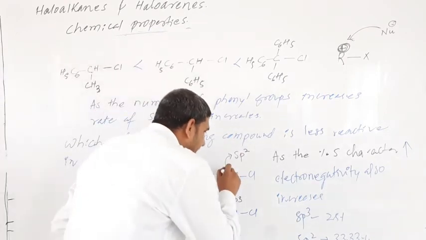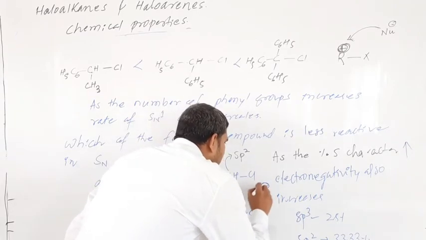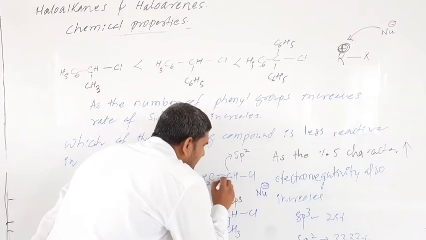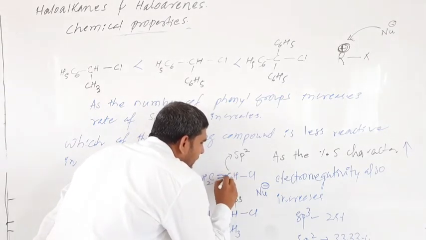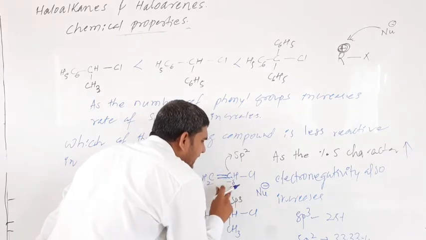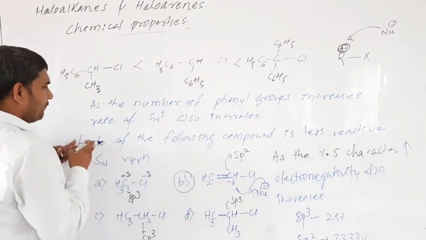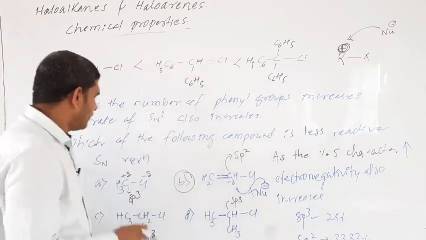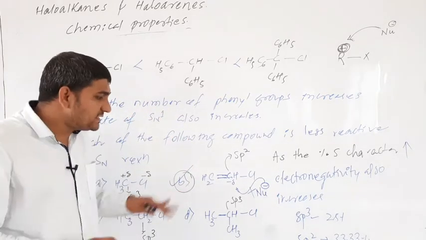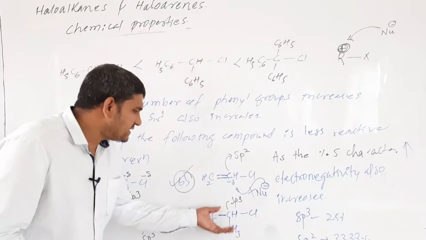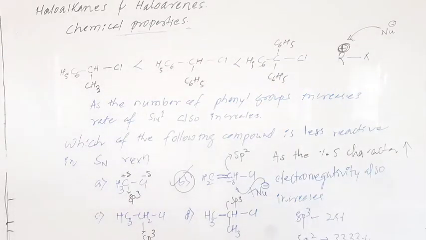If it is highly electronegative, means over here the attack of nucleophile becomes difficult. This is also more negative because it contains electrons, a double bond over here. Double bond means over here on the carbon atom electrons are more, means it carries what? Negative charge. This negative charge cannot attack this one. Therefore, which of the following compounds is less reactive for nucleophilic substitution? Option B is the right answer. Understood? Like this, you try to eliminate the options. A, C and D are not the right answer. B is the right answer.